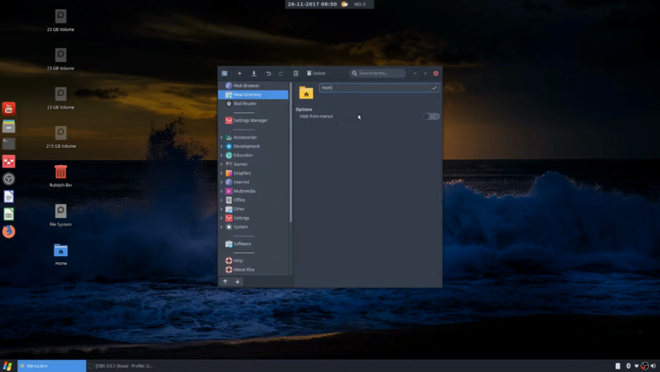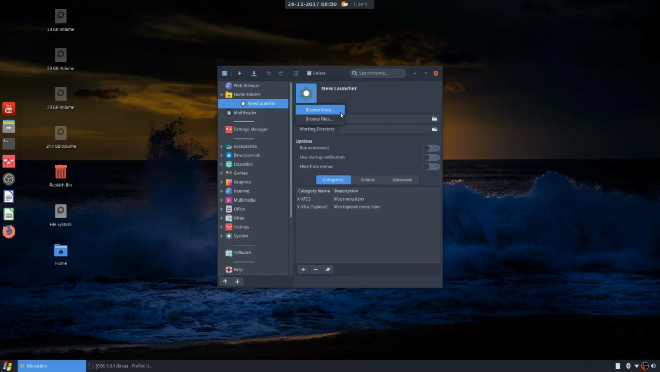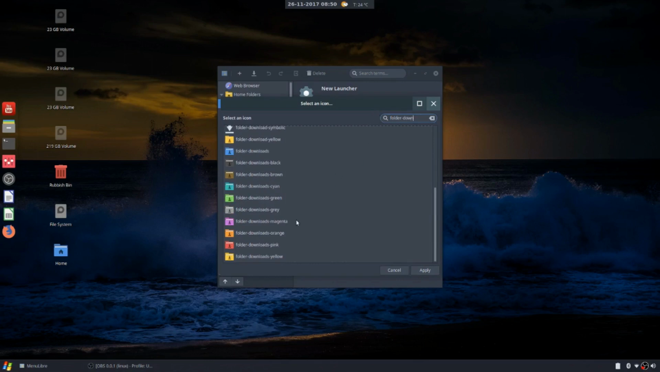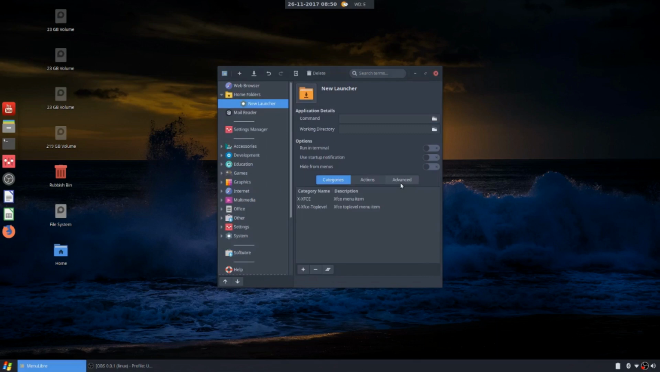home folders. Tick that and save. So now we've got our home folders. Inside of home folders, because that's already been selected, we add launcher. Browse icons. Folder dash downloads. Now let's give it an orange one. Just going to go berserk on colors here. Name it downloads. And the command,